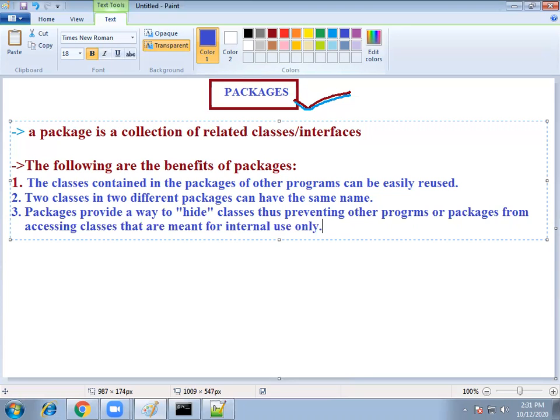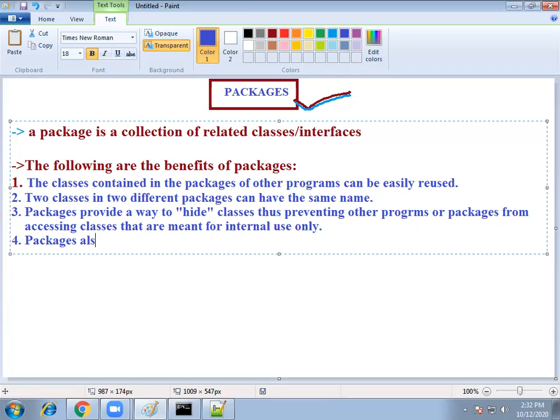Now packages provide a way to hide the classes. It prevents other programs or other packages from accessing the classes that are only meant for internal use. Internal use only means it is dedicated to a particular purpose only. Other programs and other classes cannot use them. And the last one, packages also provide